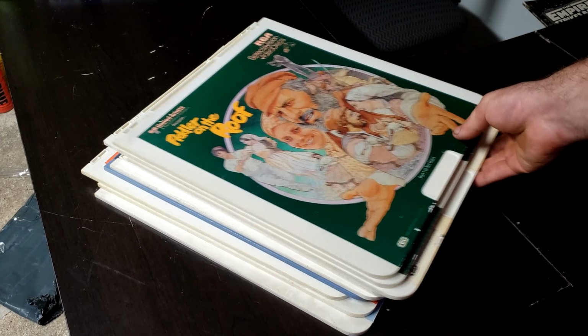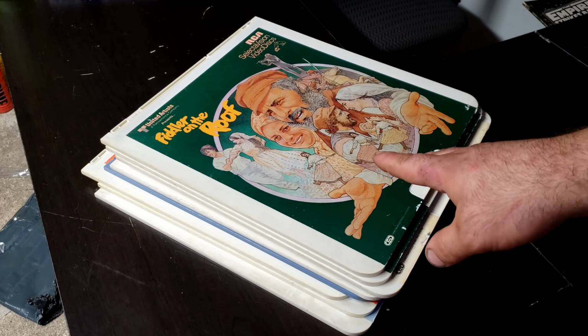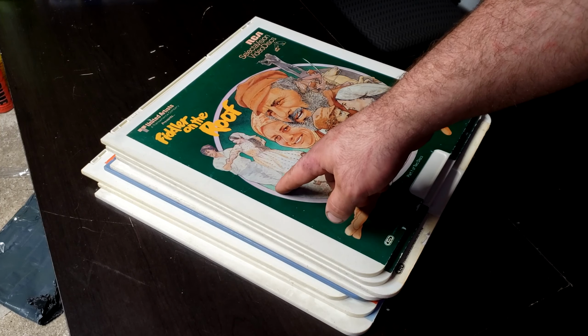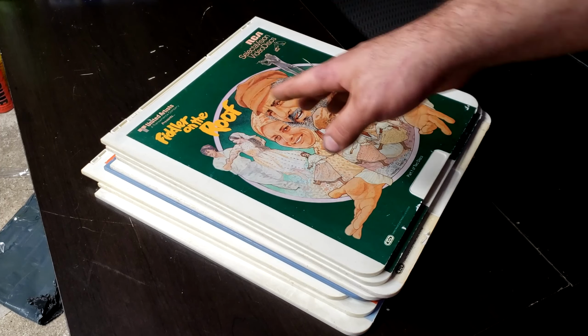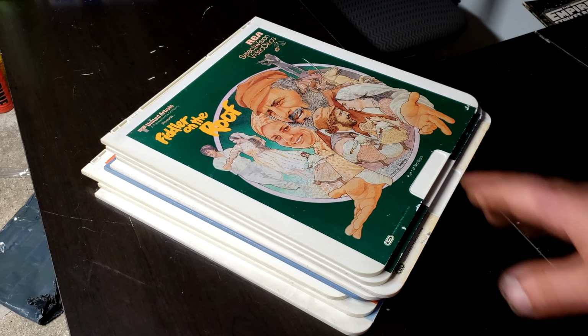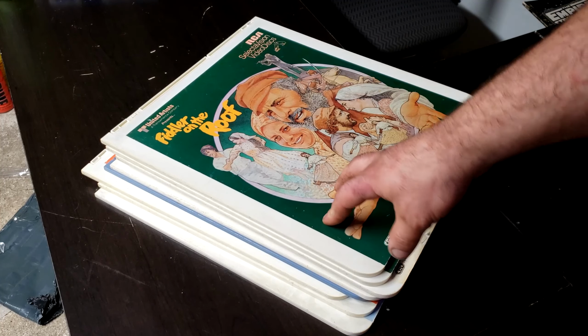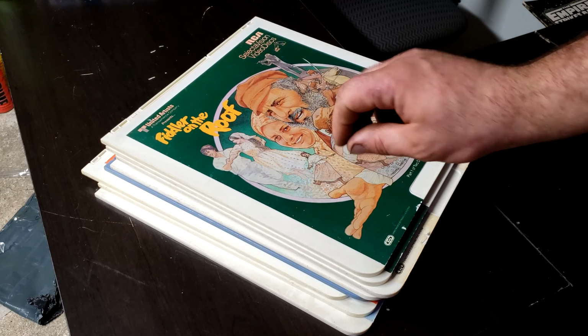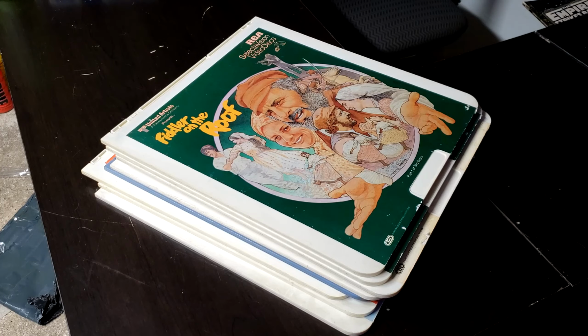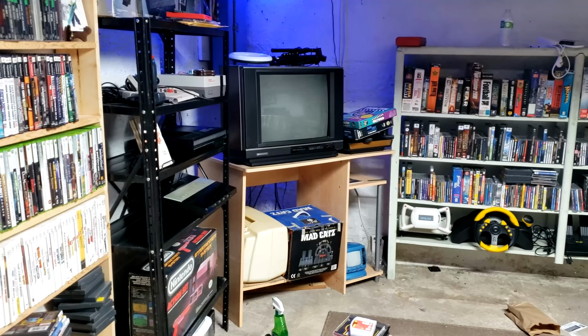But the player is actually torn apart right now because the main drive belt was slipping. It would play like 5 or 6 minutes and then just get stuck on a repeat loop. So I've actually torn it apart. I didn't do that for video because I just want to get it done. I'm trying to track down a replacement belt to see if I can get it to work. But it does work. I can force the read head to go back and forth and play through the entire movie. I want to hook it up to that TV there and watch some old classic